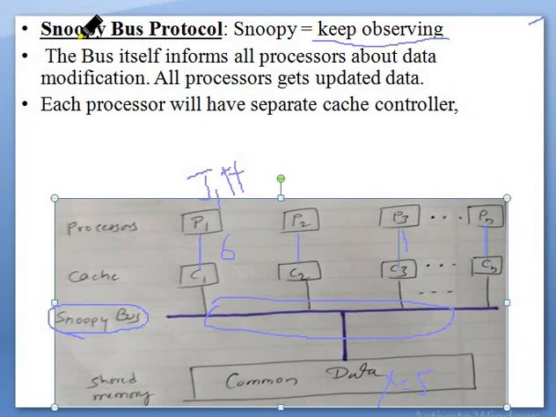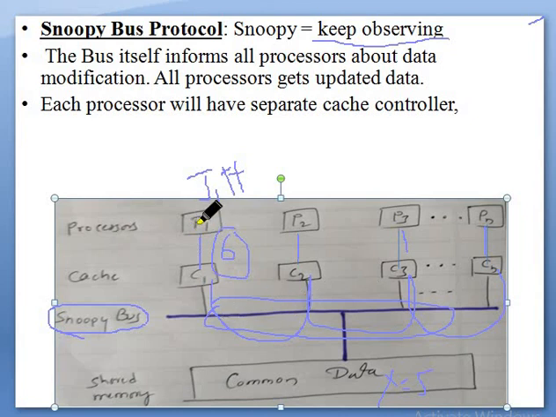So what Snoopy bus protocol means is that as soon as any data modification because of a calculation takes place, the bus itself sends the updated result to all the connected processors' caches.